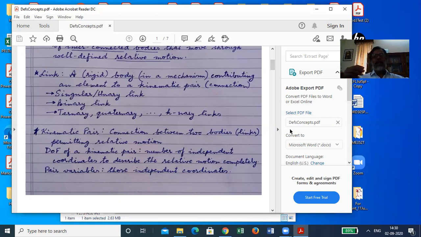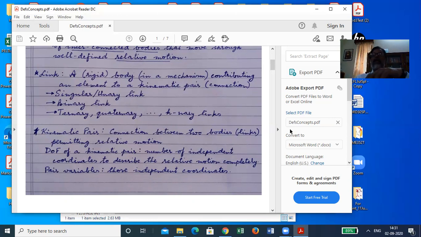The first body contributes a part of it as a slot in which the other body contributes a part in the form of a peg which is capable of moving in that slot. So this body contributes this surface as an element. Okay? And this body contributes its inner surface as an element. So these are two elements, and together one of the elements